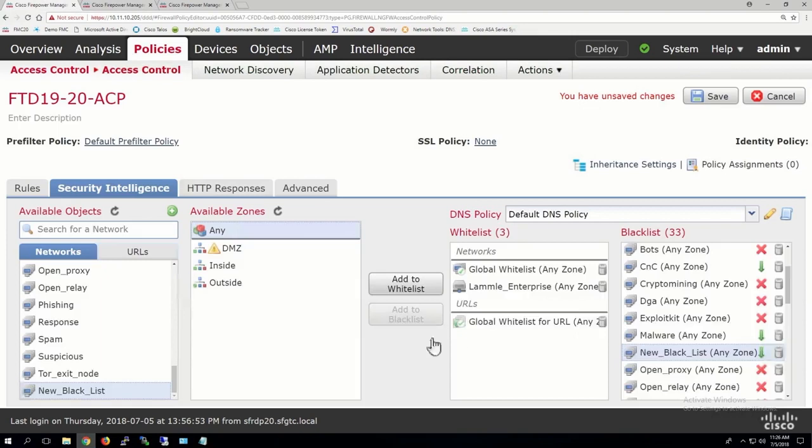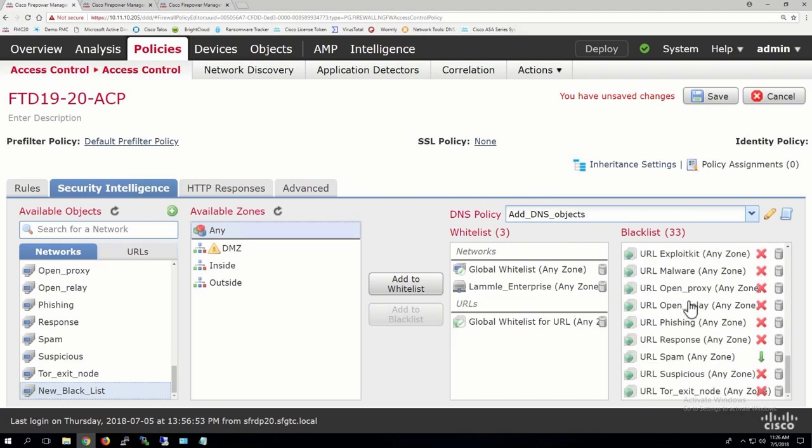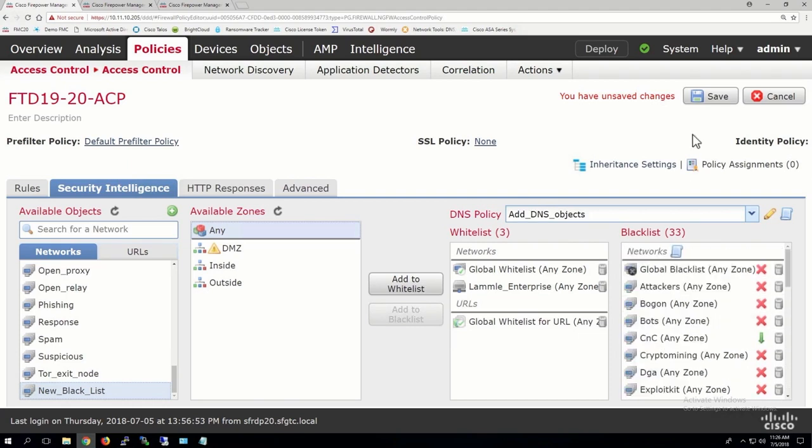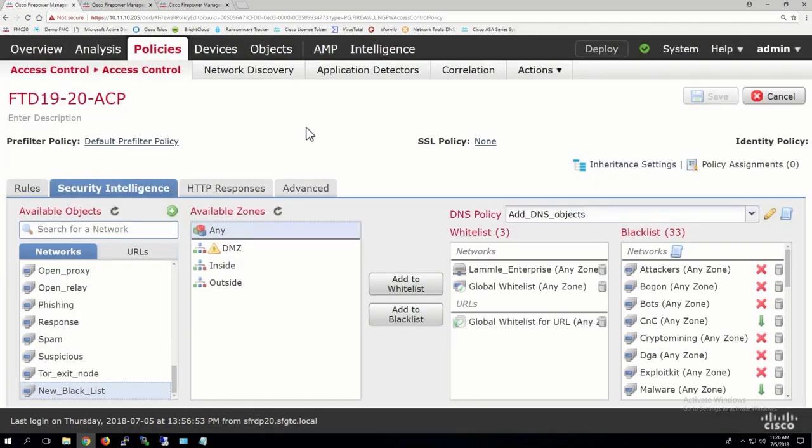Now I'm going to implement it with these guys by going where? Here. Boom. Right now I have the DNS objects from Cisco, I have the IPs, and I have the URLs from Cisco. Do we have security? Well, I need to save this and push this out to a device that's getting traffic. Sure, then we have some security. We obviously want to do more, but this would absolutely do it.